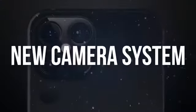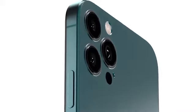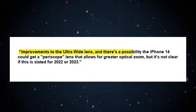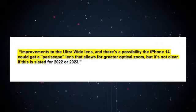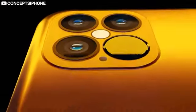New camera system. Moving on, it's time for the camera. Apple has reportedly been working on a new camera system. According to MacRumors, we're expecting improvements to the ultra-wide lens, and there's a possibility that the iPhone 14 could get a periscope lens that allows for greater optical zoom, but it's not clear if it's slated for 2022 or 2023. According to some other sources, Apple is probably going to release the periscope lens in 2023, since as of right now